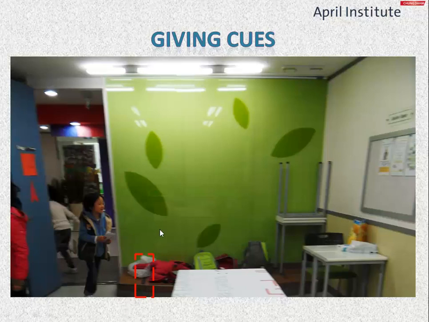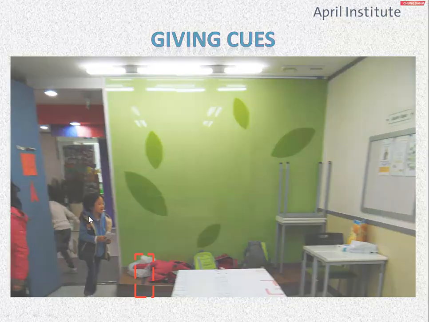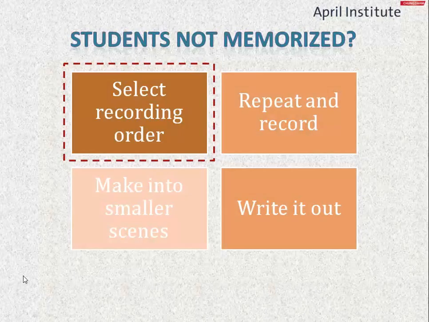Another issue is sometimes you'll tell them, okay, do your speaking and then go off. And they'll say, okay, and they'll do their speaking and then they'll just keep standing there. So what I found is if I put chairs along here and I tell them, okay, finish your speaking and go sit down, then generally they can do that. So cues really help.